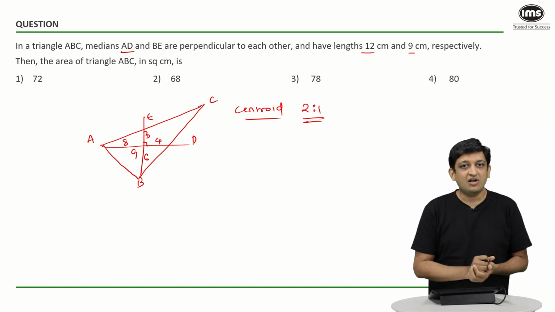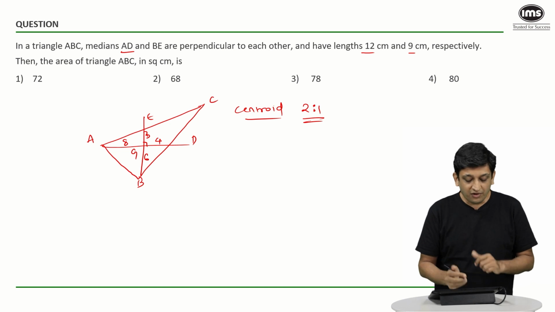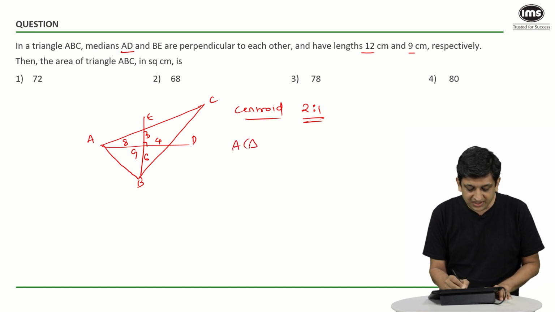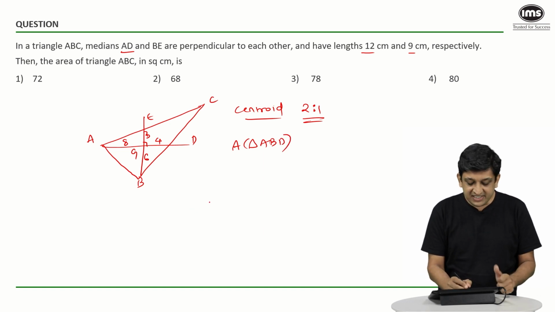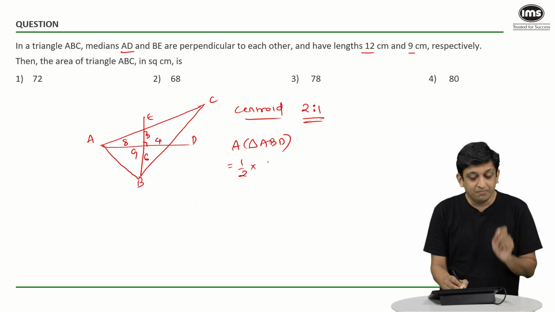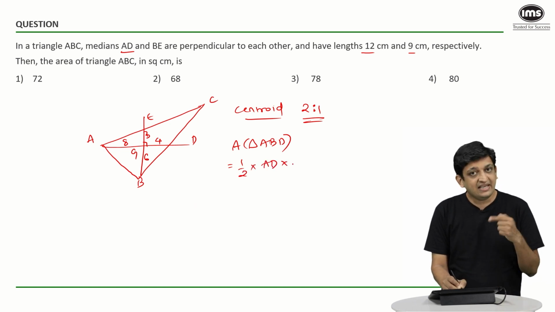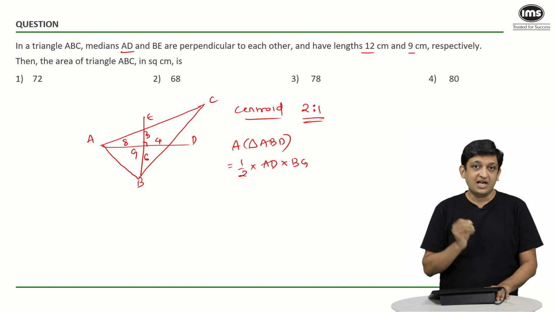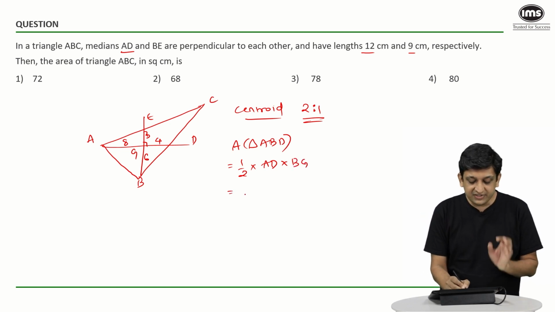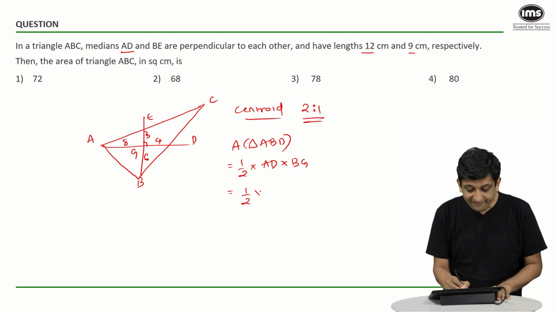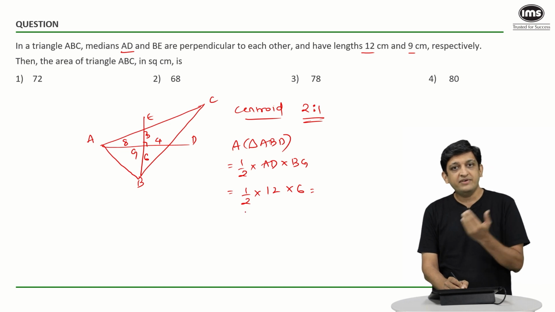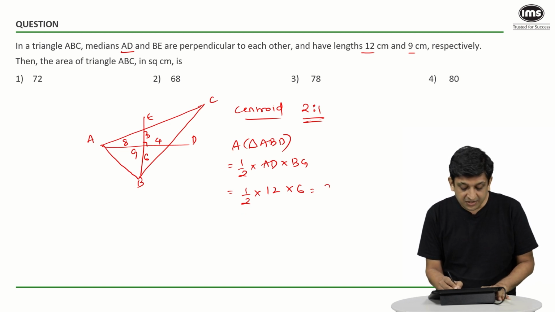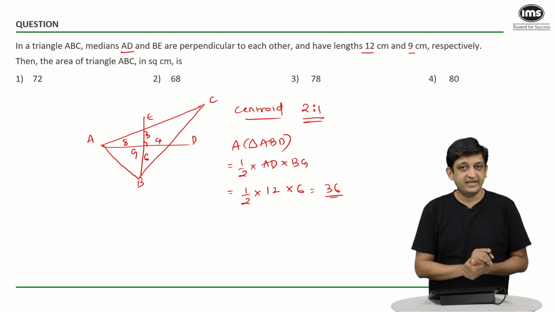Now there are multiple ways to solve this question once we reach this point. One way of doing this is by figuring out the area of triangle ABD. If you look at the area of triangle ABD, it's very easy because this is going to be nothing but half into base, where the base in this case is AD and the height is going to be BG. So half into AD into BG will be the area of this triangle ABD, which is half into AD, which is 8 plus 4, that is 12, multiplied by BG, which is 6. So the answer here will be half into 12 into 6, or 6 into 6, which will be equal to 36 square centimeters.